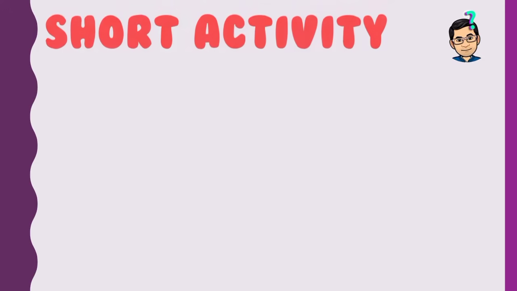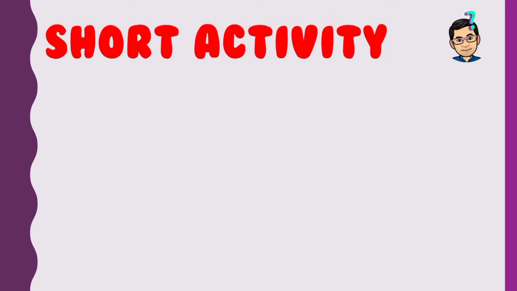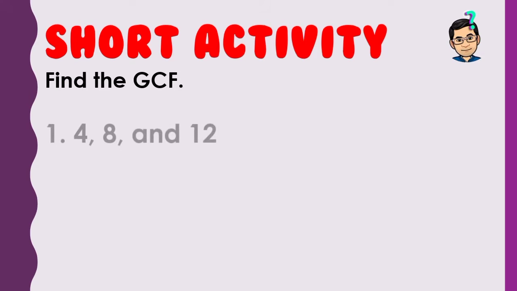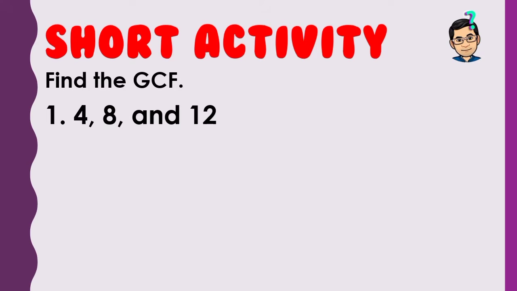Before we start with our main discussion, let's have a short activity. For this activity, we will find the GCF. Again, when we say GCF, it is the greatest common factor. Let's have number 1: 4, 8, and 12. To get their greatest common factor, we just list down the factors of these numbers. For example, we have